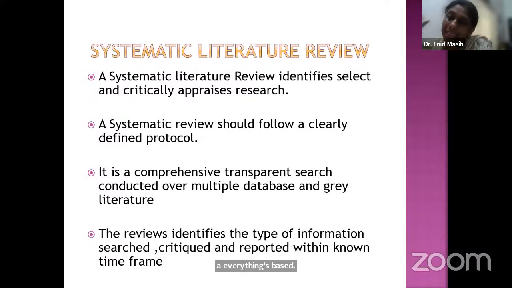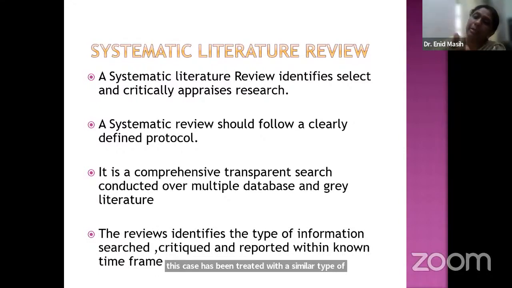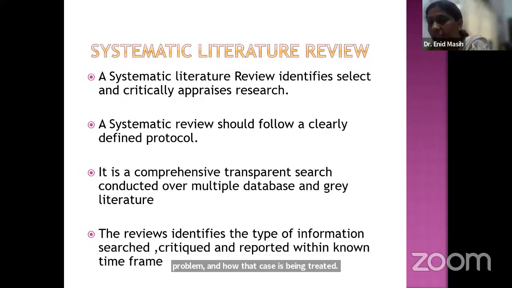It is much easier for doctors to see case to case how a case with a similar type of problem has been treated. Then another person can easily refer to that case if they have a similar case. So it is much easier to do a systematic literature review in the medical sciences, because there you can easily refer. But the expansion in evidence-based practice has led to an increase in the variety of review